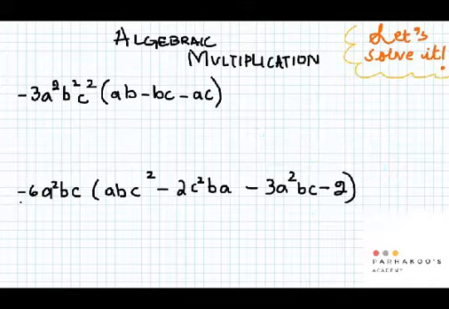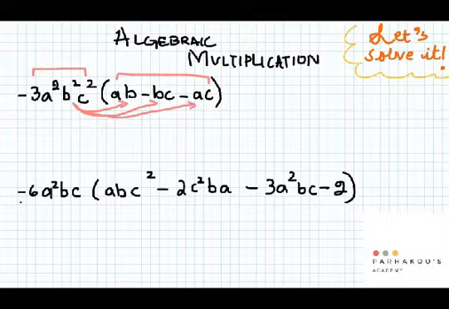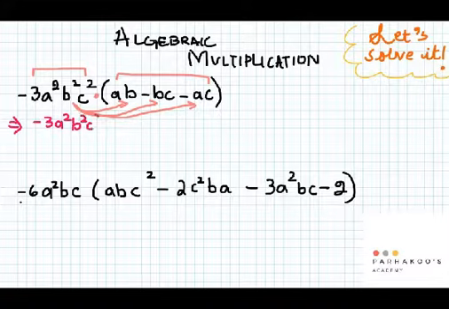Okay, so we have this term, which is multiplied with this whole expression. So we distribute this term to every term in the expression like this. So we multiply with it. Okay, here there is no sign, so here we have a multiply sign, remember. Okay, now let's move on. Let's write it up. So first we'll multiply this whole term with this. So minus 3a squared b squared c squared